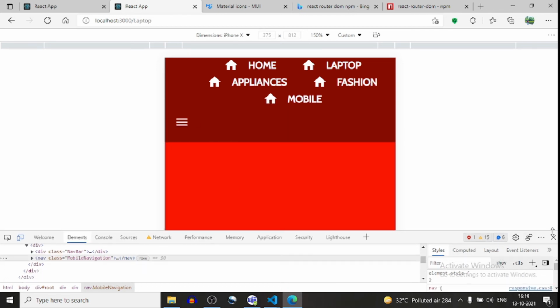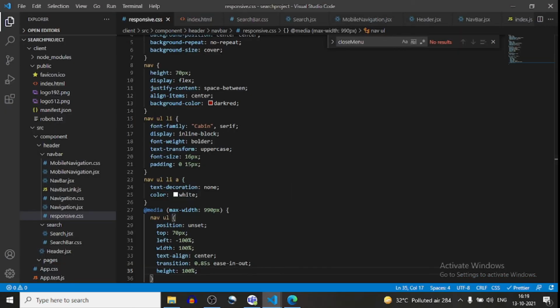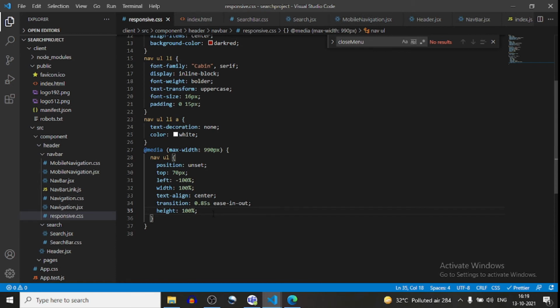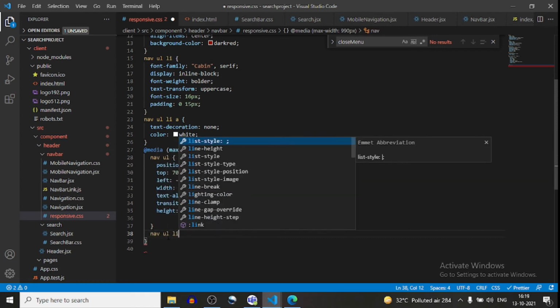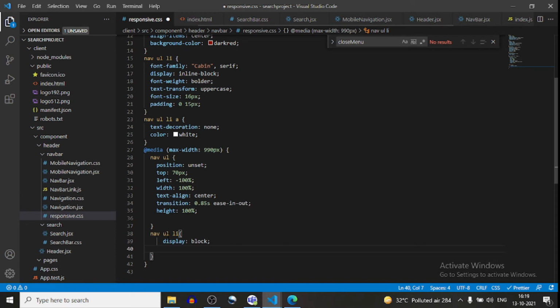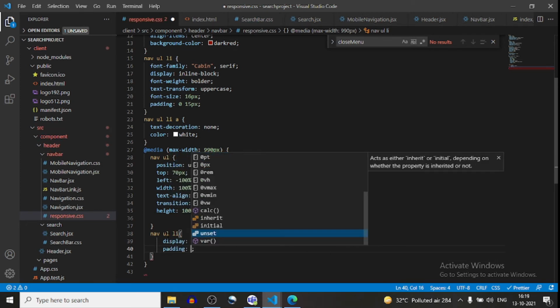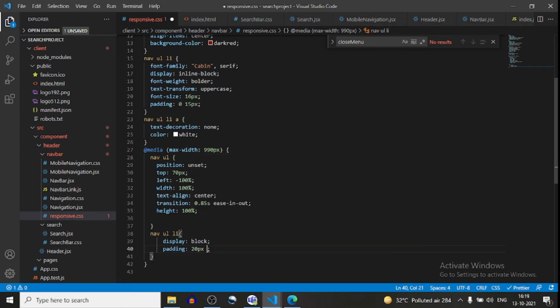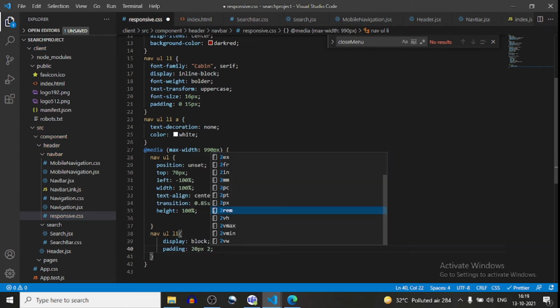All right, now what I want to do, when I will come inside less than 990 pixel, then here I will define nav li, display will be block, and padding will be 20 pixel, 20 pixel, 0 pixel.